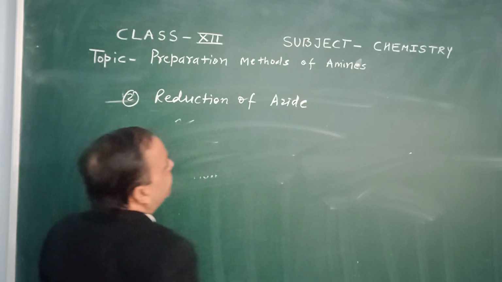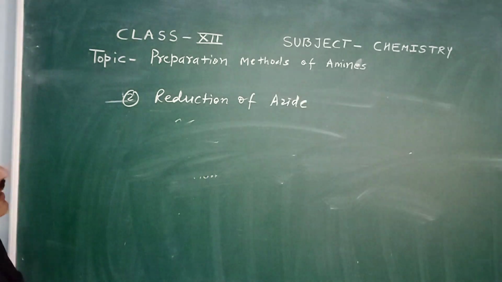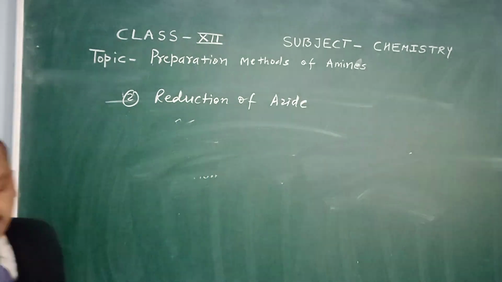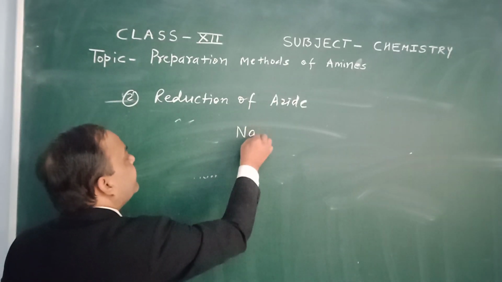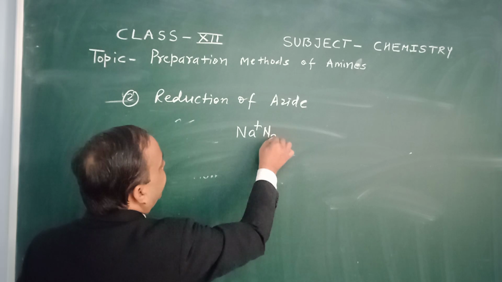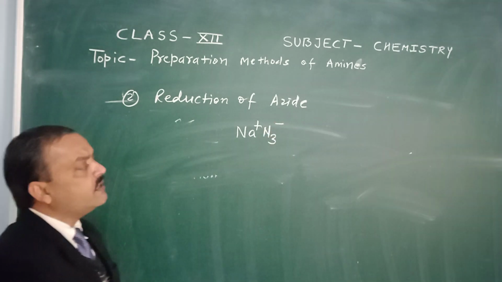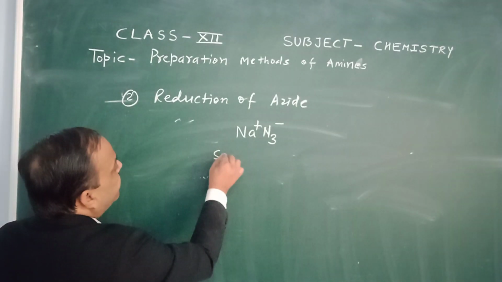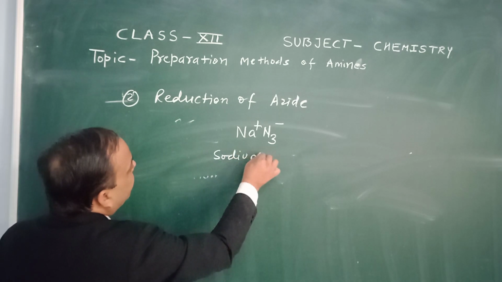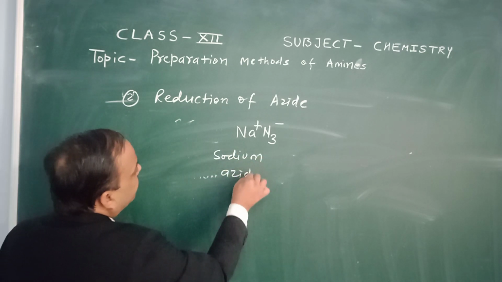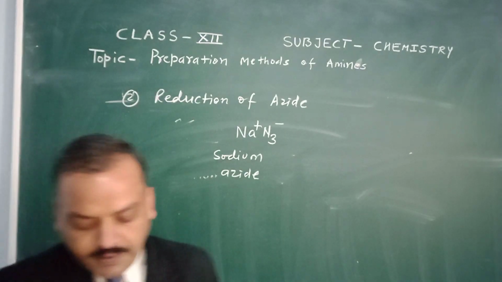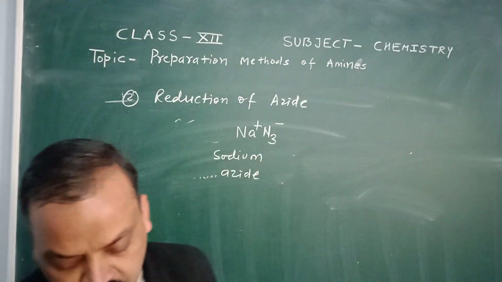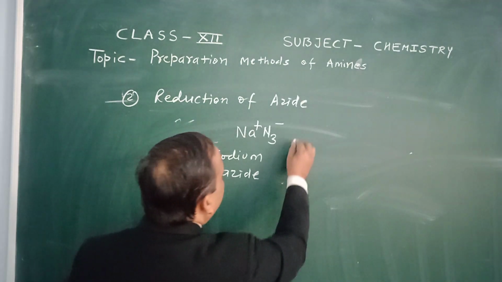You know that azides are compounds where three nitrogen atoms are present with a metal. NaN3 is sodium azide. When we use this azide in the preparation of amines, we react it with